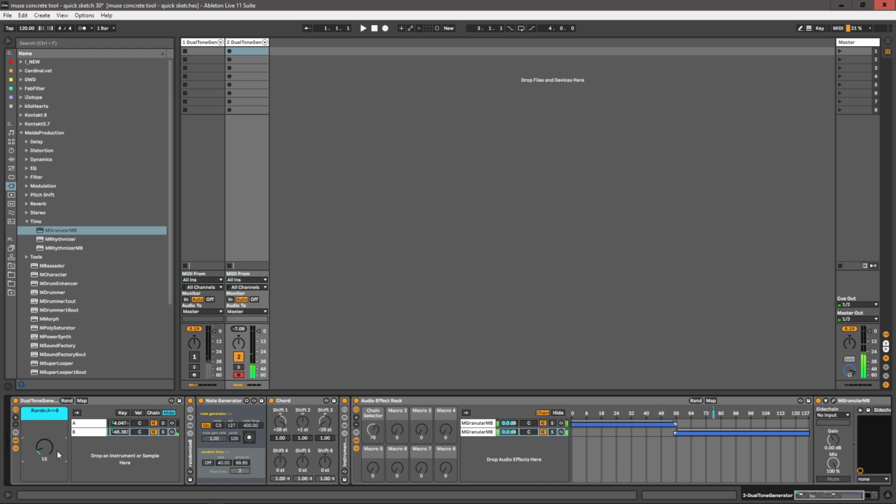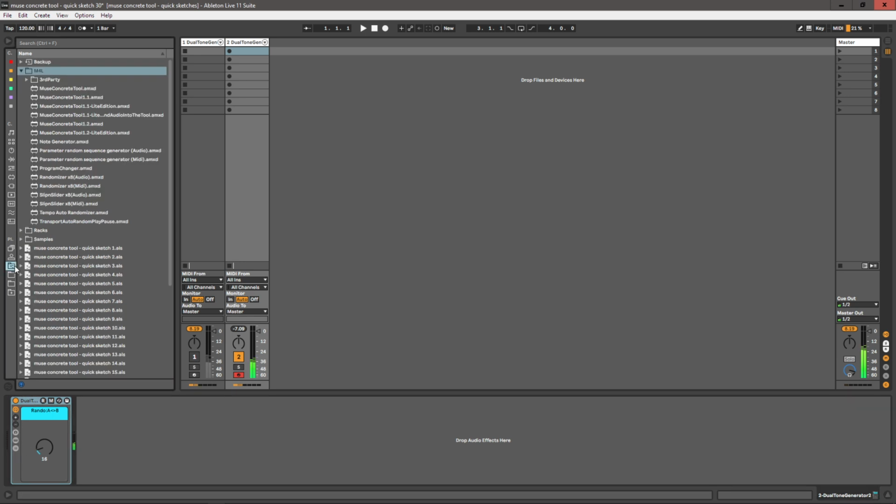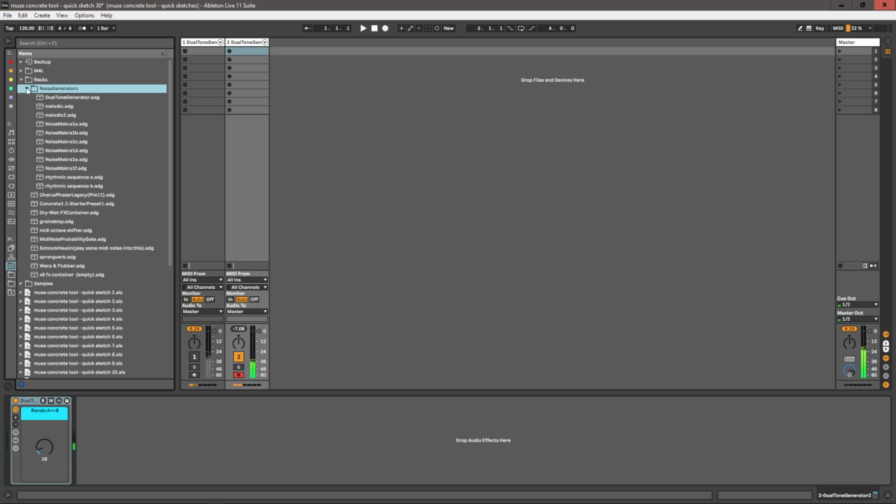So yeah, I think that almost about sums it up. Oh, finally, if you come up with a configuration you really like, just name it, and you can drag and drop it, if you have a special folder where you like to keep a lot of your rack presets. I like to keep them, at least for the sketch project, within the sketch folder. So under the rack section, noise generators,